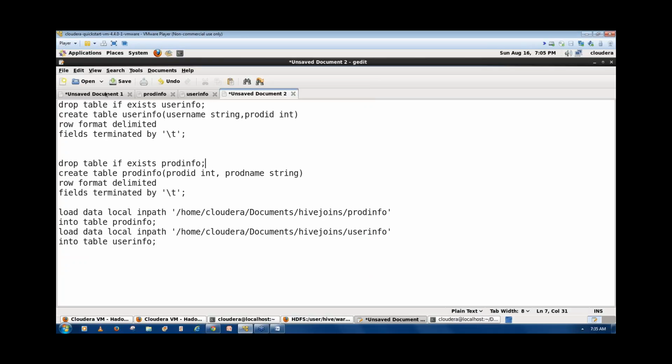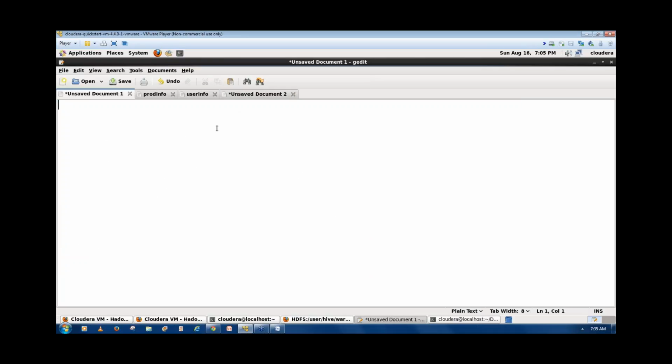Right? So now, what is the common column in two tables? That common column here, we say it as join column, right? So join column is prod id, which we have in the two tables, right? So that is in the prod info, we have a prod id, and in user info we have user id. So these are the two common columns in both the tables,